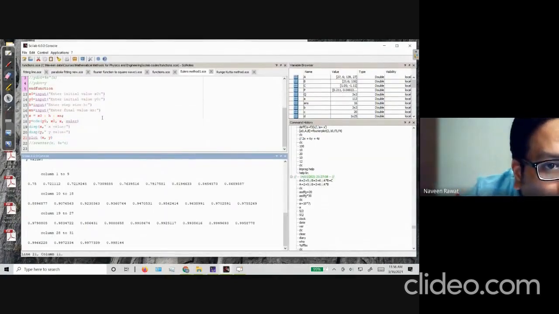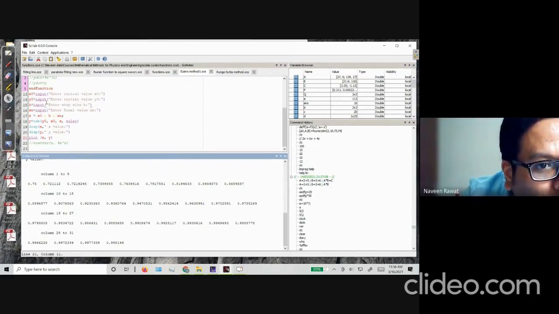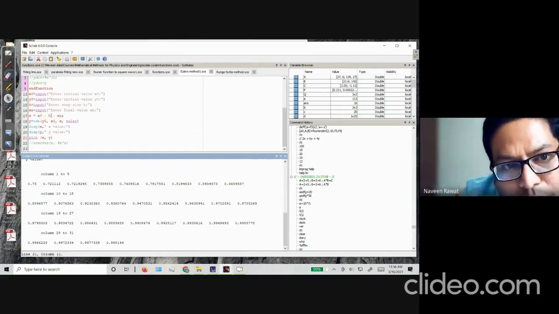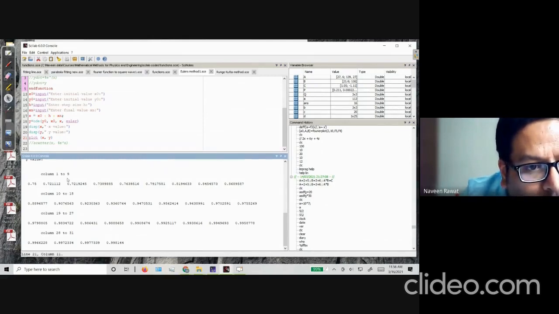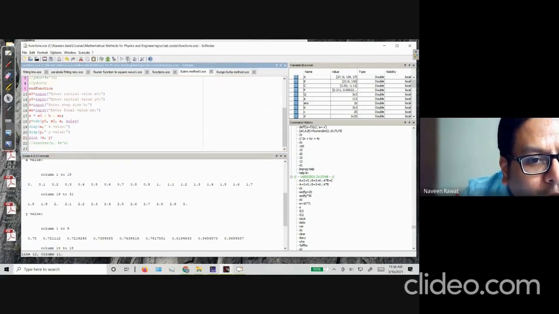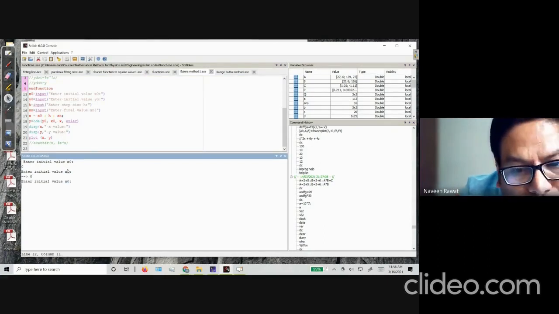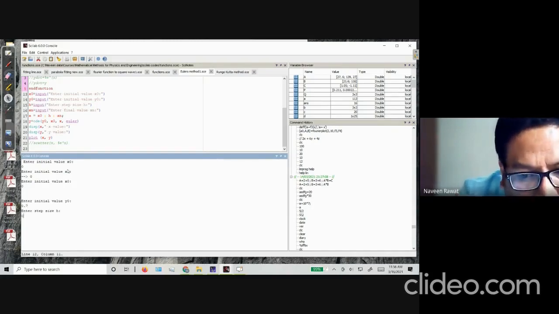So how is it done in the program? Here I have defined x0, getting the input from the user, y0, getting another input from the user, and h will be the step size. And x will go from the initial value to the final value with a step size of whatever you define. For example, in the previous problem we chose a step size of 0.1. If I execute the code again, I start with 0 and I start with 0.7 this time, and now I can choose a step size of 0.2 if I want.